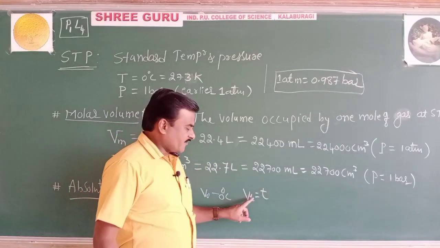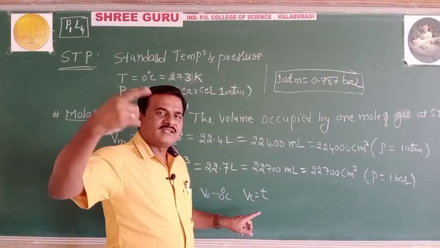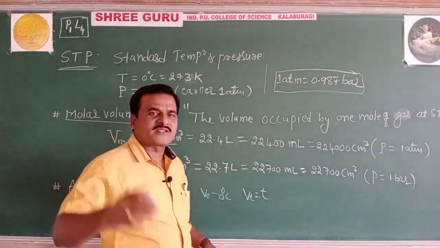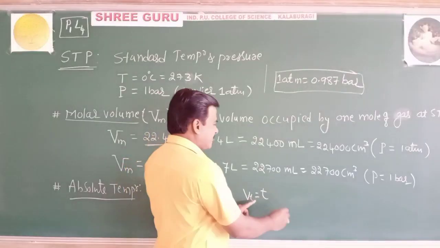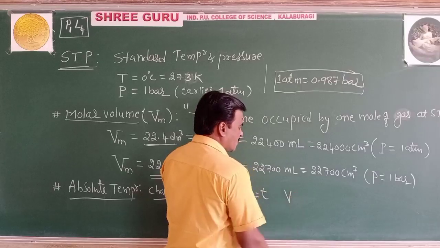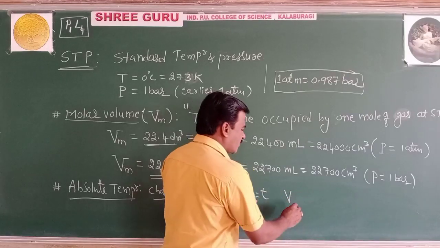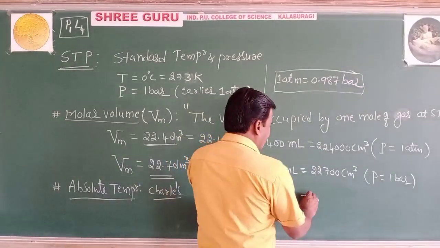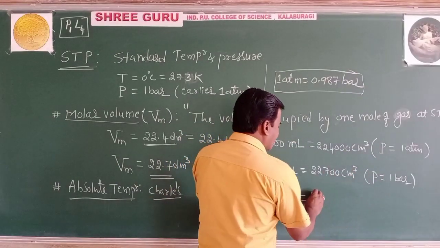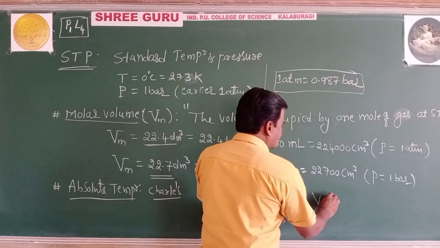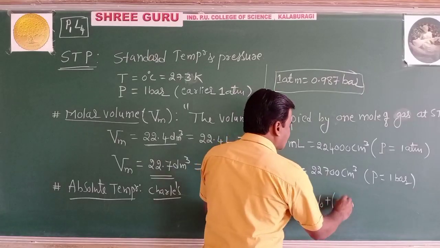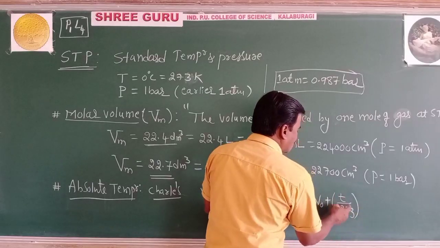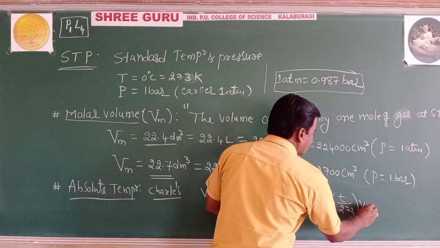Remember, for every degree rise in the temperature, the volume is going to be increased, same as the equation he gave out. So in what unit is the volume going to increase? Vt, the volume at temperature T, is V0 plus how many times? It is T by 273 times the initial volume.